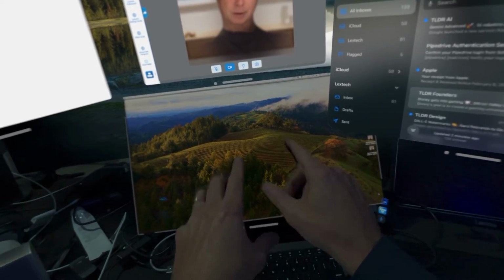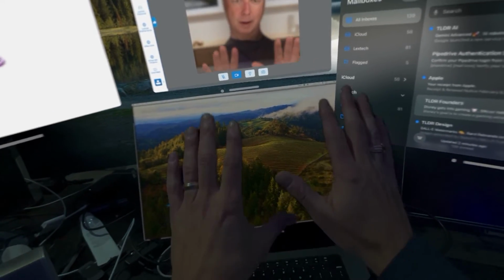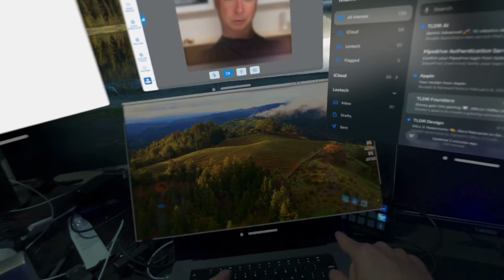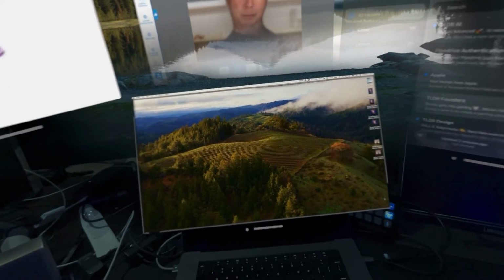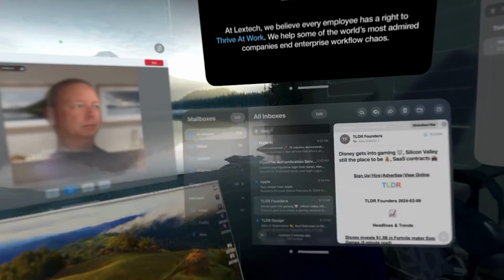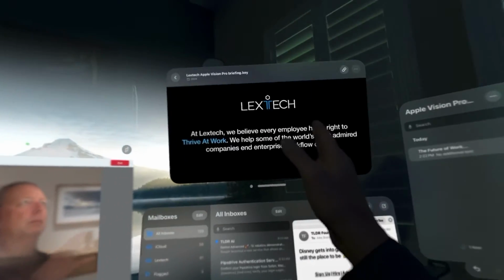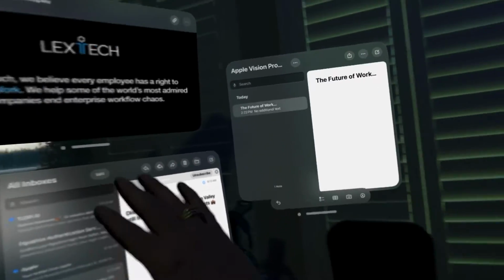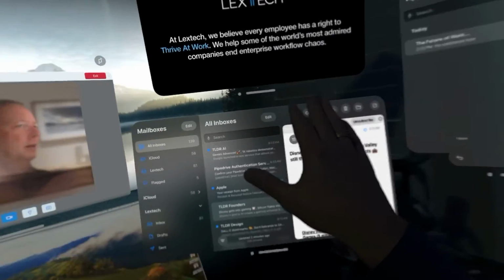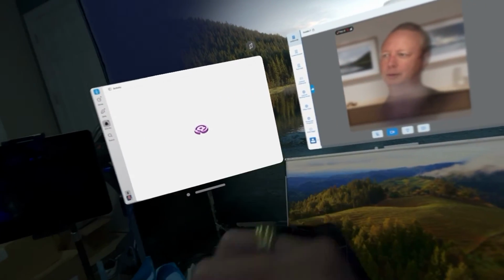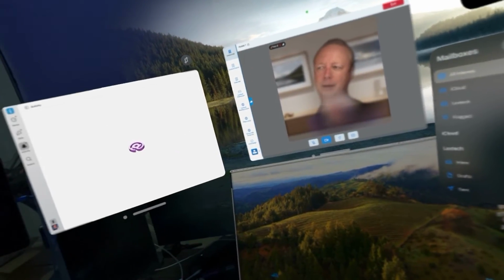So I've actually taken the virtual shared Mac screen, and it's about where my physical laptop screen would be, but I stretched it a little bit when I did it. Off to the right, I've got my email. Up top, I've got a presentation I was working on. I've got some notes over here on the side. Going back the other way, I've got some Slack, and past that, I've got Calendar and some other windows